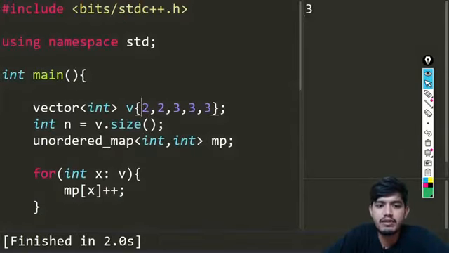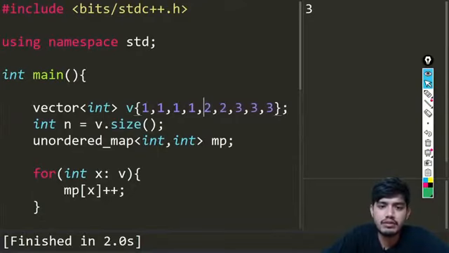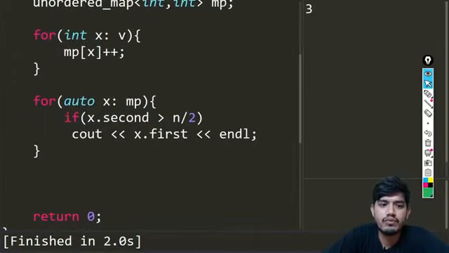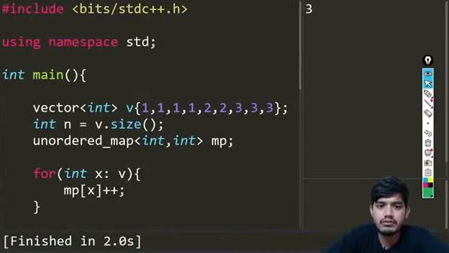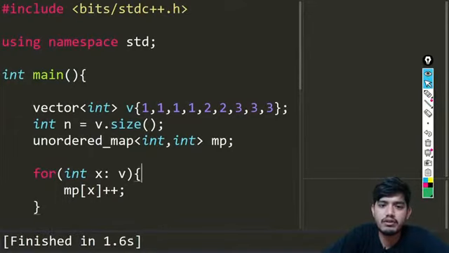Okay, let us give some other input and try to see whether this is correct or not. So this is again an example, again the example of this case. So we are going to be again checking here. So let us try to run this code. The output for this is going to be coming as 1. Okay, so if it is not coming, let us check why it is not showing us any output.